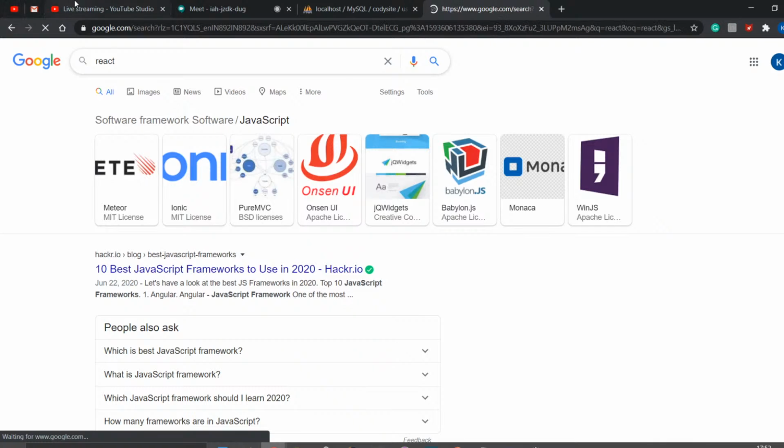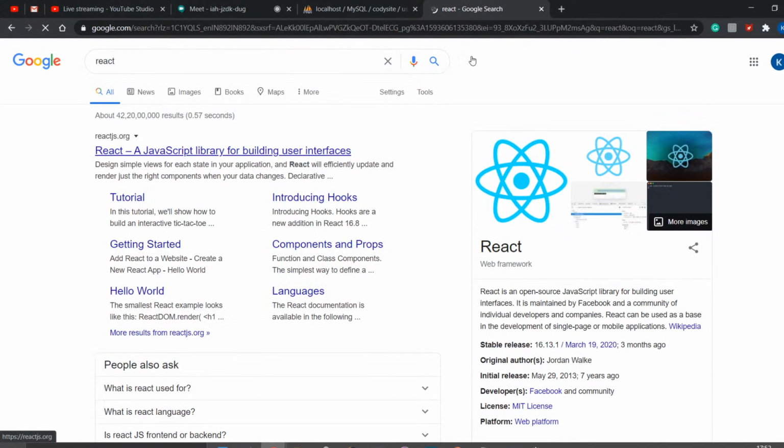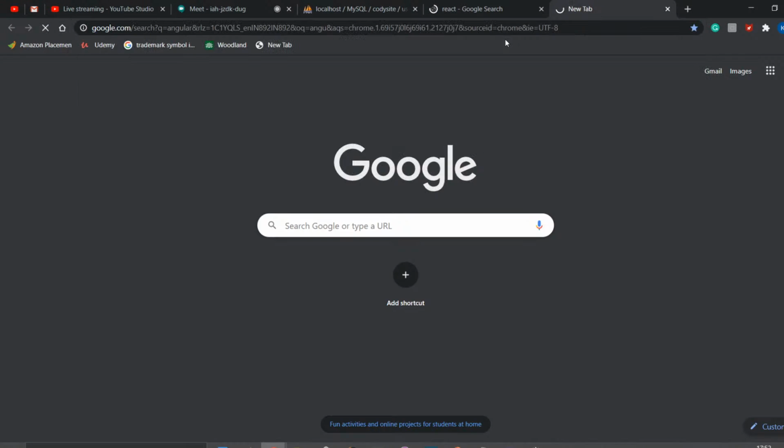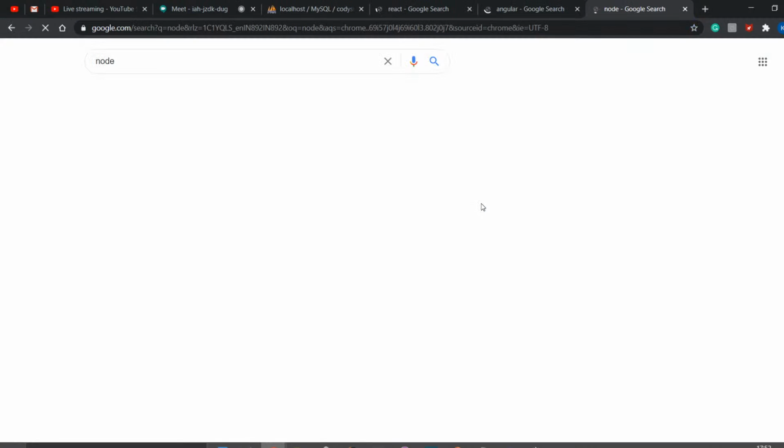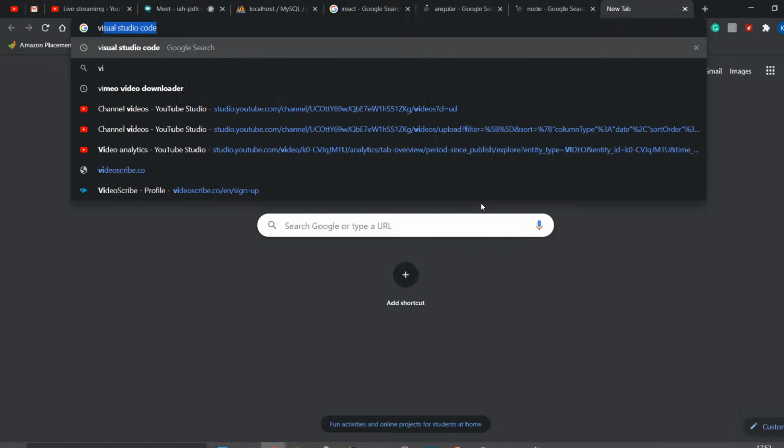React is one of the JavaScript frameworks, and Angular is one of them, and Node is one of them, and Vue is one of them.